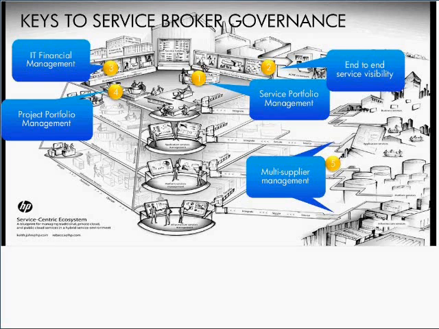And so I think that if you look at what's important to service broker governance and actuating this service broker model, there's really 5 key points. The first one, we've talked about, is as a solution, as a system of engagement with the business, kind of my number one anchor point here. The number 2 is equipping the IT organization with end-to-end service visibility